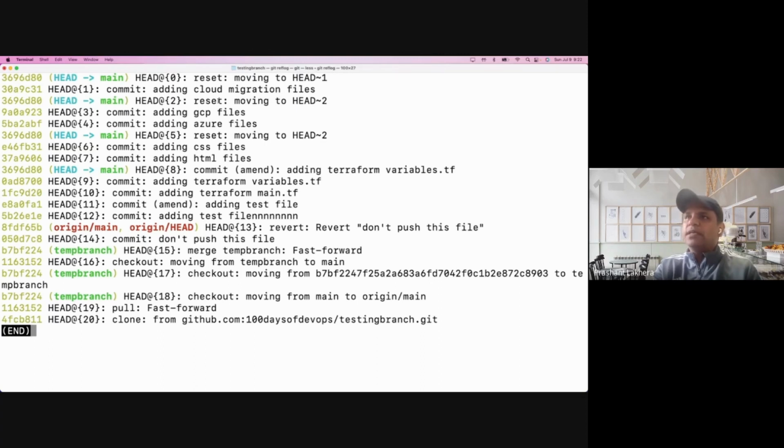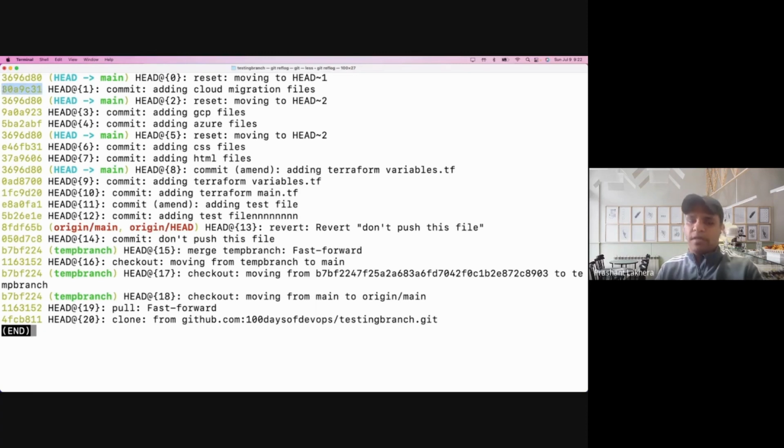So you see, there's something called reflog, which is called a reference log. Himanshu, restore is not going to help in this case. The reference log is something which is going to help you. Reference log means whatever you are doing with this Git. For example, we are doing a reset, we are doing this cloud migration, all these things. This is basically the way Git is tracking all of our activity. So now you will see in the reference log, we have this commit where we have added this cloud